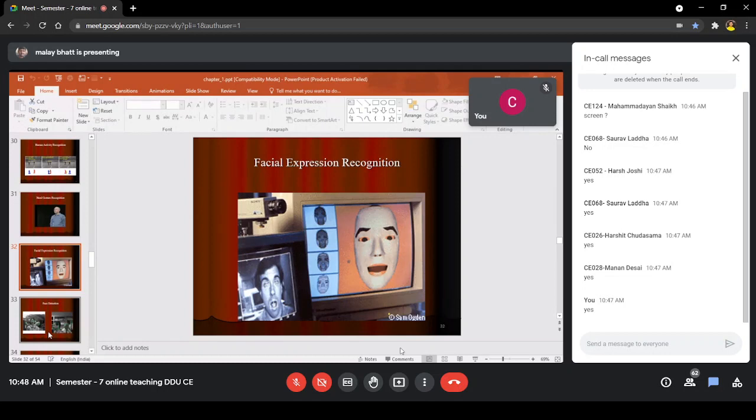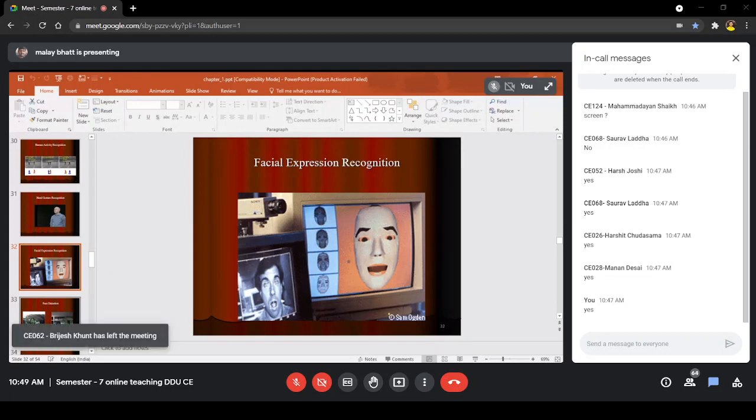It detects the face features through image segmentation and feature extraction, and then according to the features, it will detect the expression of the human. You can see that basically it is extracting the mouth feature. In this picture, the mouth of the person is open, sufficiently wide, and through that and through the eyes, an expression can immediately be matched with the available expression set. So this is also one of the applications of image processing.